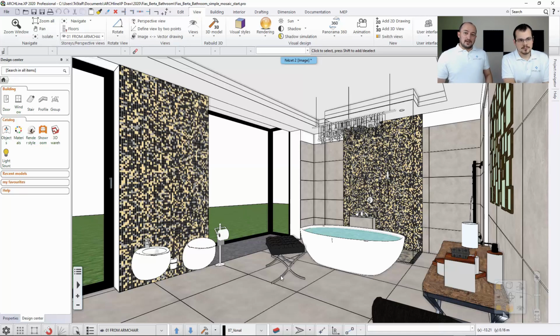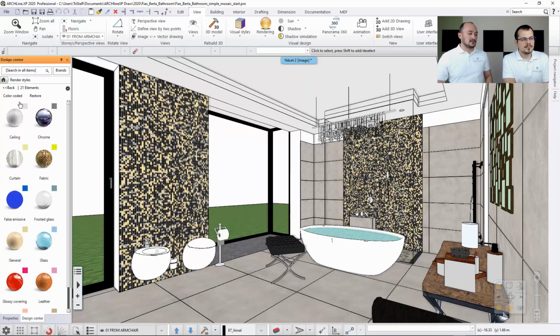We see materials wherever we look. Those are not only textures, those are actually materials. And in ARCHLine, just as we covered in previous sessions, it comes with the built-in so-called render styles. Now you can tell for each and every material, for each and every surface, whether it's glossy, whether it looks like a metal surface, or it's a ceiling or something like that. If you would like to do that, you just click and drag all those